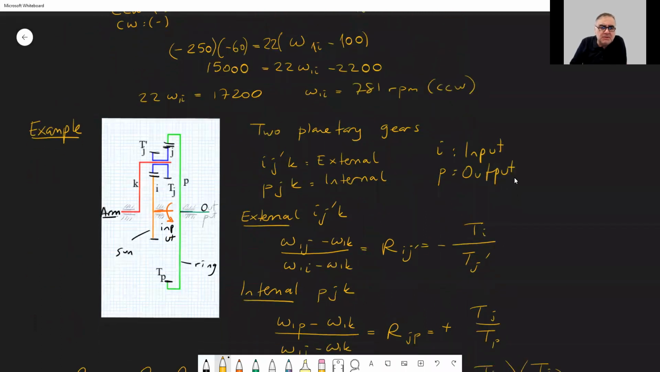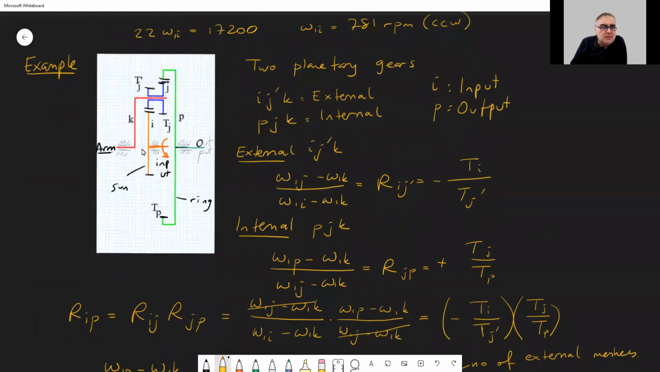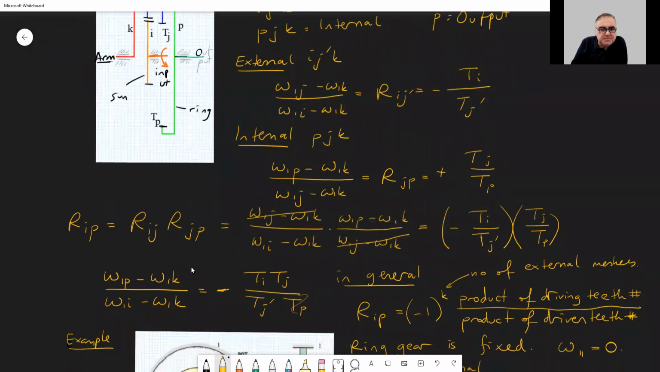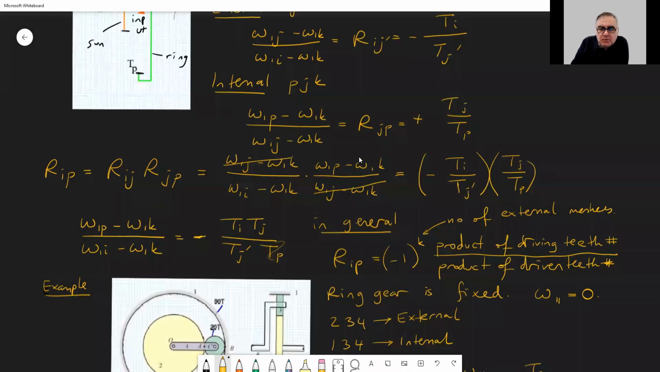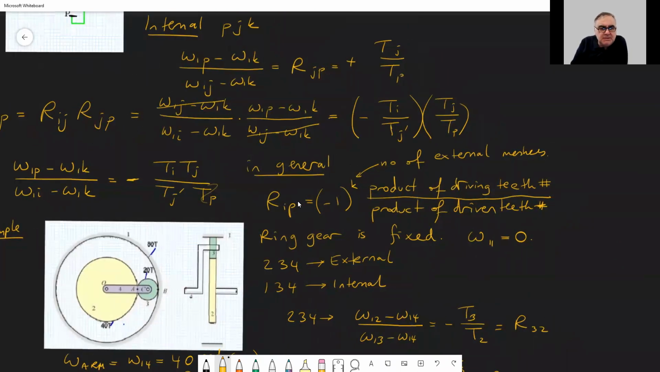And I gave you one more example in which an arm rotates a planetary gear, but this planetary gear is a planet both to a sun gear and to a ring gear. And we want to find the output as the rotation of the ring gear. And we found that we can find it analyzing each of the gears. And also, in general, if I is the input and P is the output, the gear ratio between input and output can be written just like here,